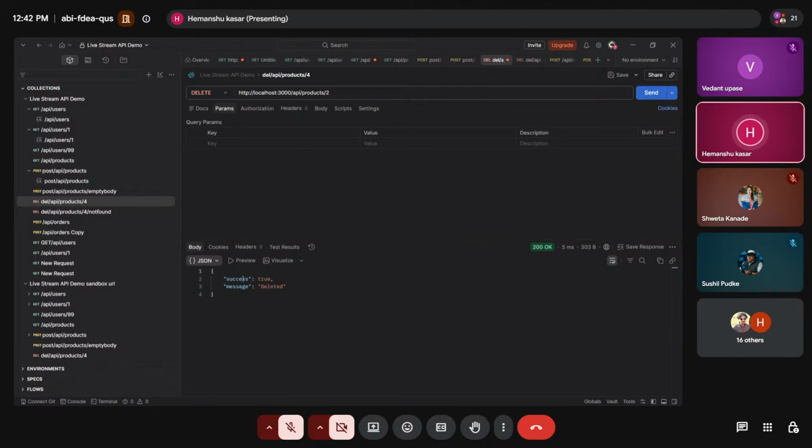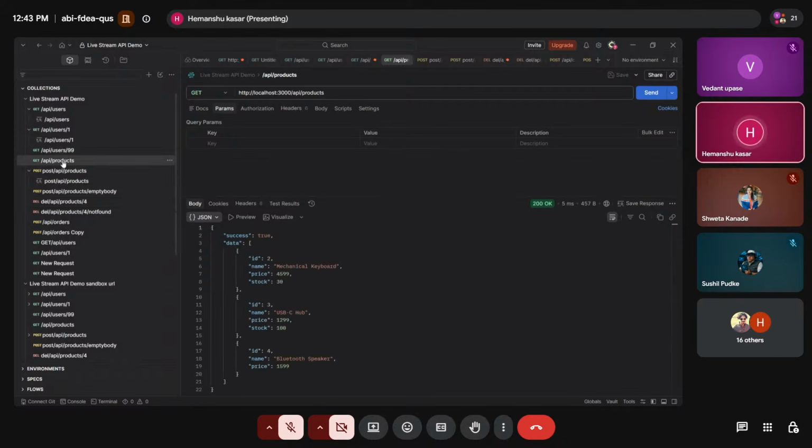As we are able to see, the success response is true, and the message is deleted. These are all defined in our products.js. If we check our products, we will see this data has been deleted. I will send the request once again, so we are able to see that data is deleted from that particular data set.